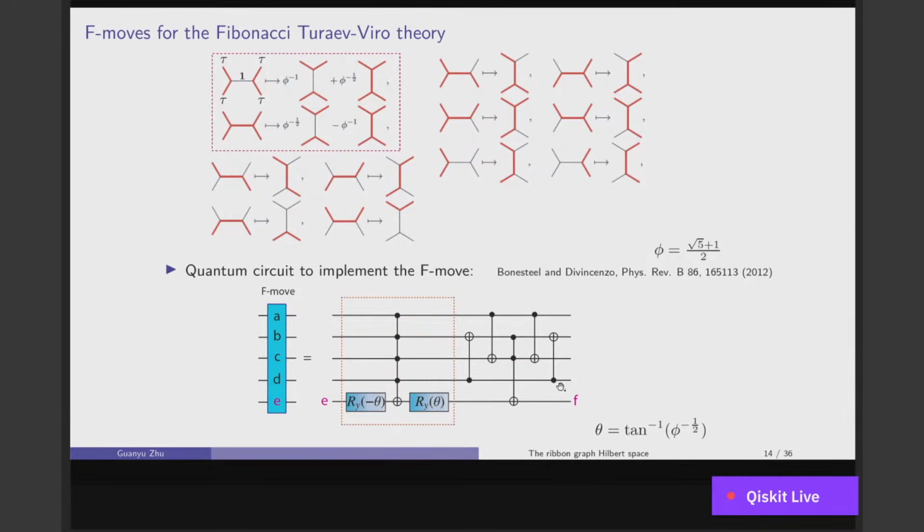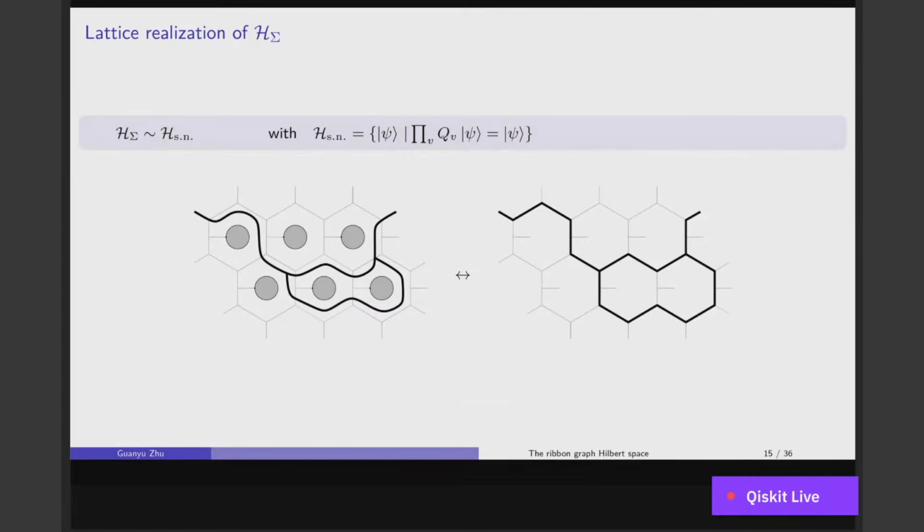And the rest of the circuit just takes care of the other transformation. So actually, you could just implement this F move with a simple quantum circuit. And so now we could relate this ribbon graph subspace to the string net subspace we talked about, which was